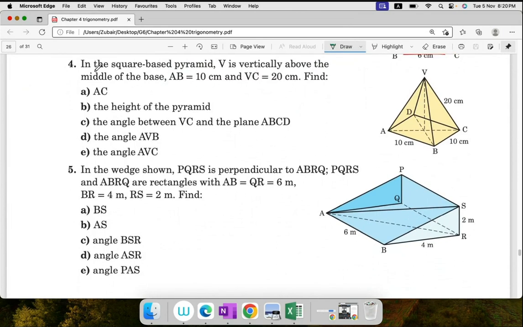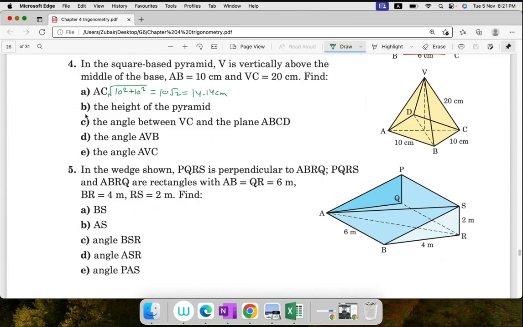Question number 4. The diagram is a square based pyramid. V is vertically above the middle of the base. AB is equal to 10 and VC is equal to 20. Find AC. So AC is the hypotenuse. The square root of 10 squared plus 10 squared is equal to 10 square root 2, which is 14.14